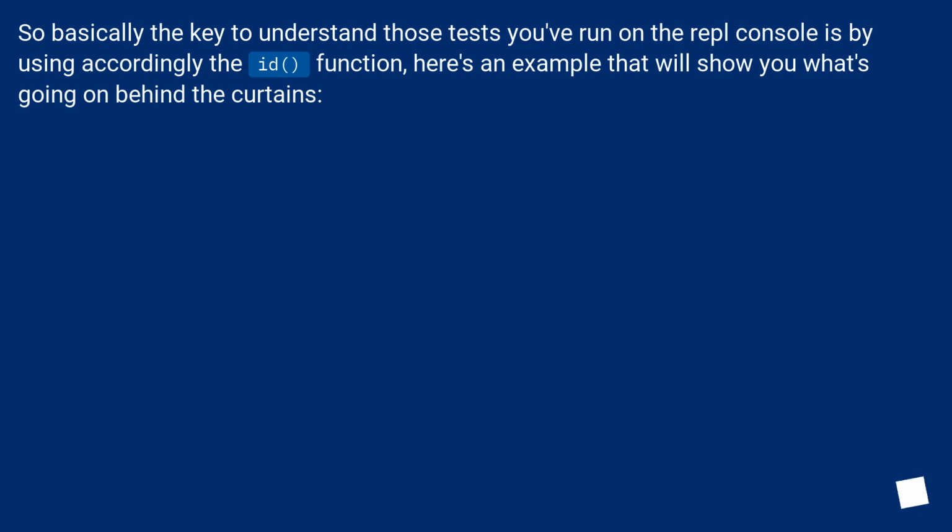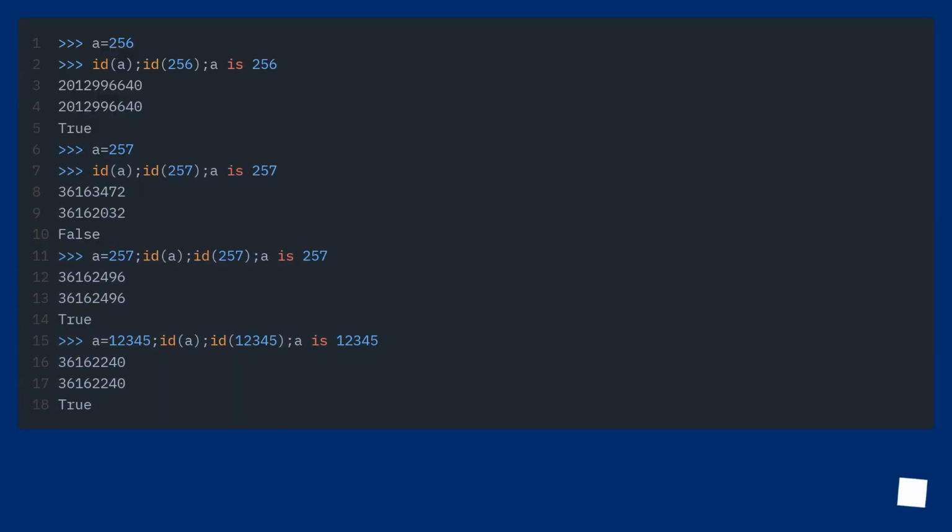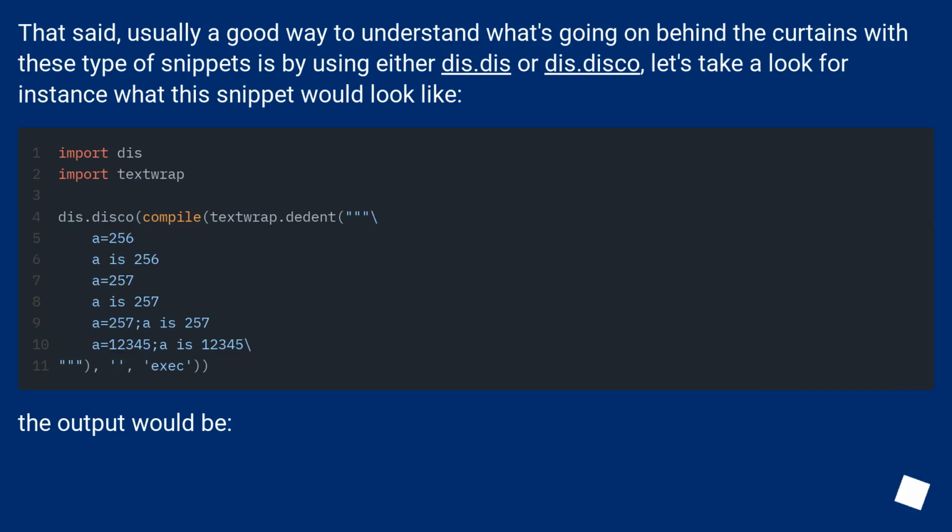So basically the key to understanding those tests you've run on the REPL console is by using the id function accordingly. Here's an example that will show you what's going on behind the curtains. That said, usually a good way to understand what's going on behind the curtains with these types of snippets is by using either dis.dis or dis.disco. Let's take a look, for instance, at what this snippet would look like. The output would be: